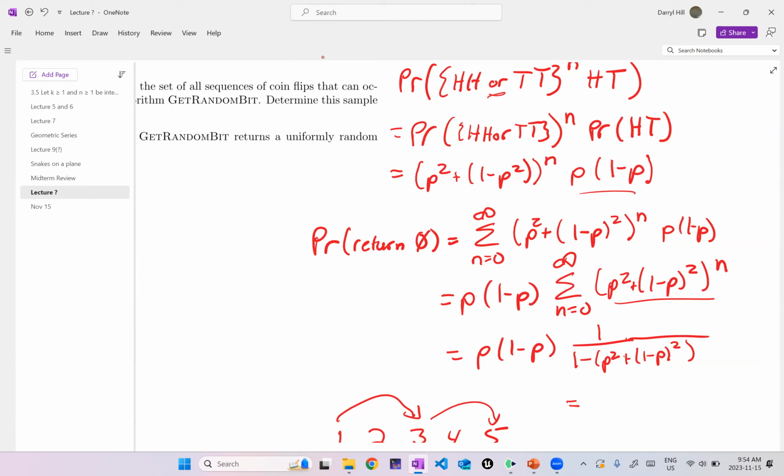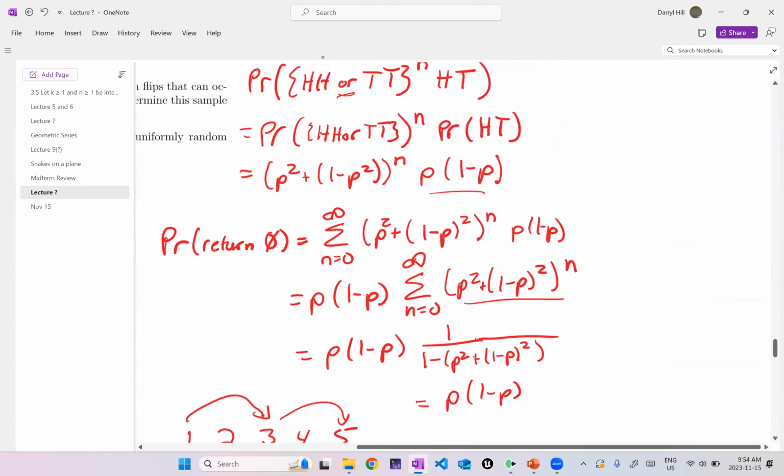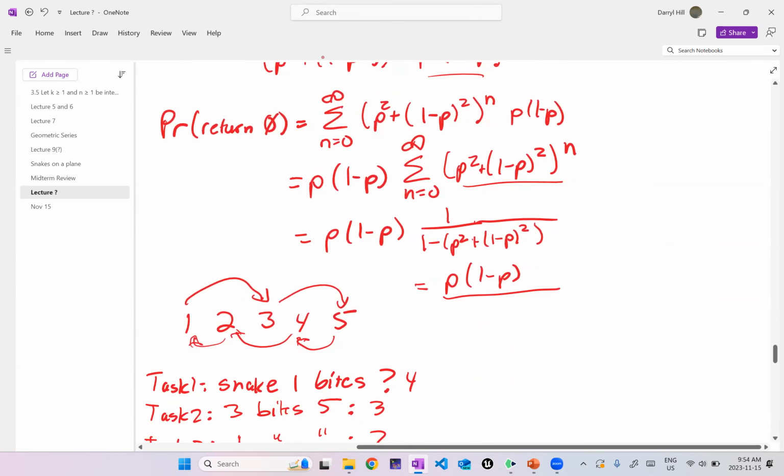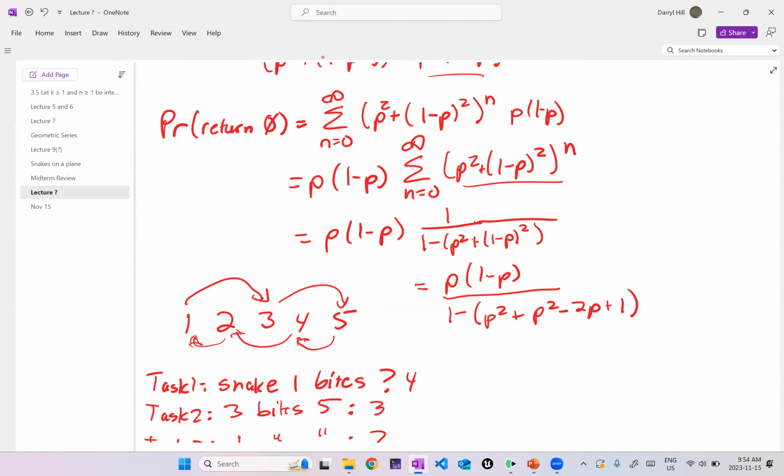Okay, and then using a little bit of algebra, I get this over, sorry that I'm sort of intruding on this other part. 1 minus P squared, I'm going to expand this part out. I have P squared minus 2P plus 1. And so that is equal to P times 1 minus P over